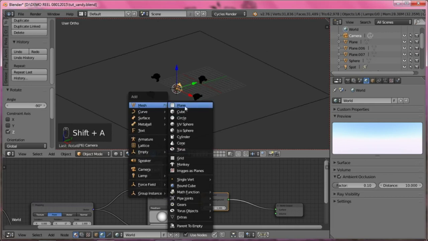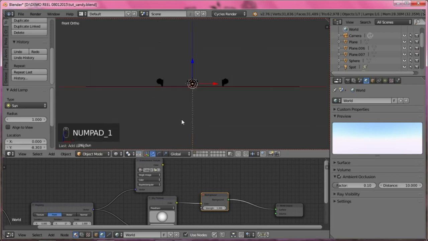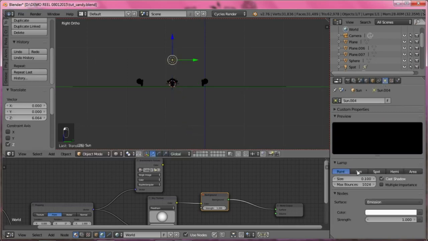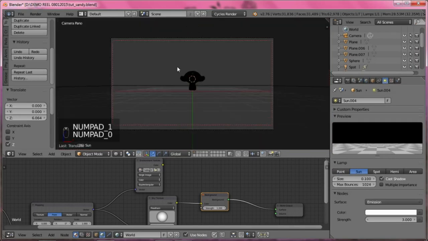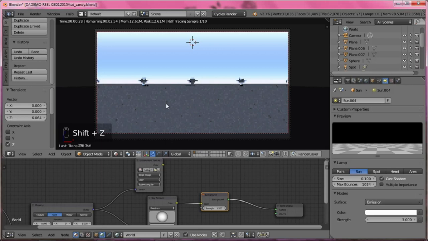Now we add a lamp, sun lamp, front view, rotate, go to the side view, press R to rotate, and change it to 3. And render preview, just hold Shift and Z. Okay,